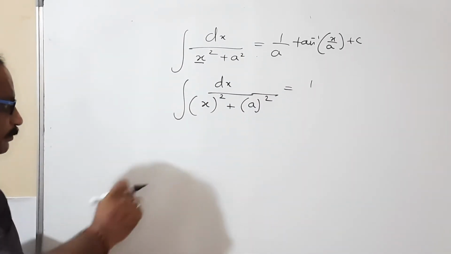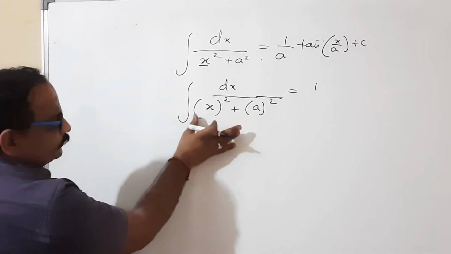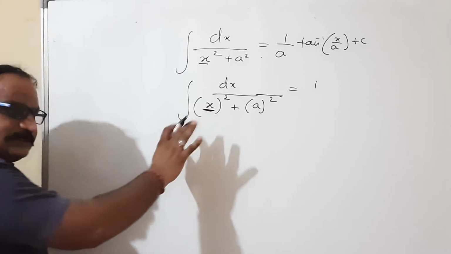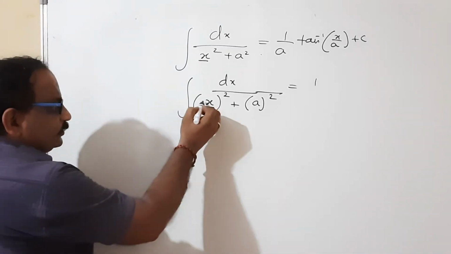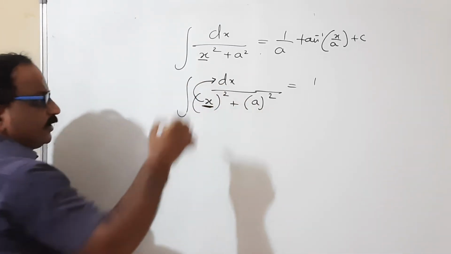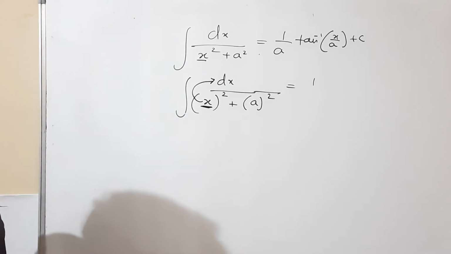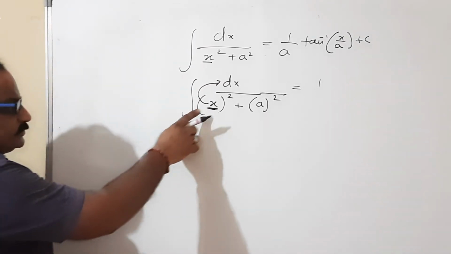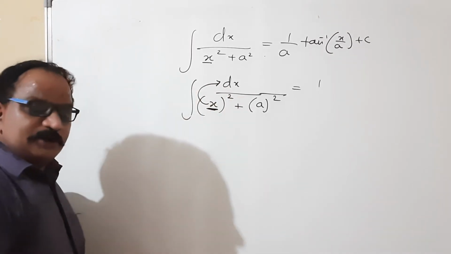Fine. The important part is what? We can use this formula directly when the differentiation of the component which is inside the square is in the numerator. We should keep in mind that we are not able to put that formula directly in those situations where the differentiation is not available in the numerator.